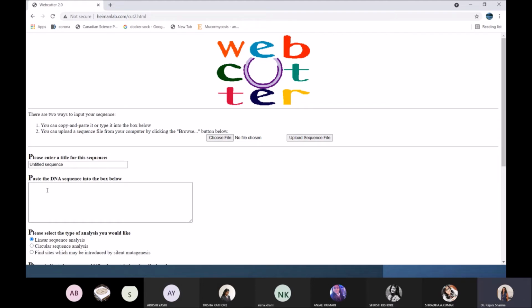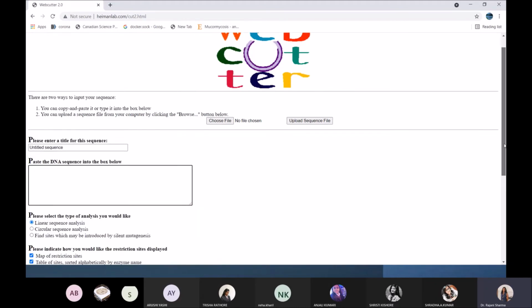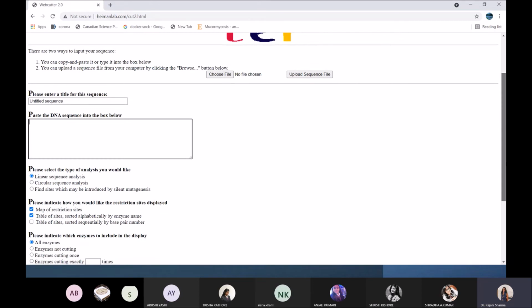Second, if we don't have a sequence, if we want to work on an existing sequence which is already submitted in NCBI, we are simply going to paste, in this second box, the FASTA format of the gene sequence. Okay, what is the FASTA format? I will come to that, and how to find out whether this is FASTA or not.